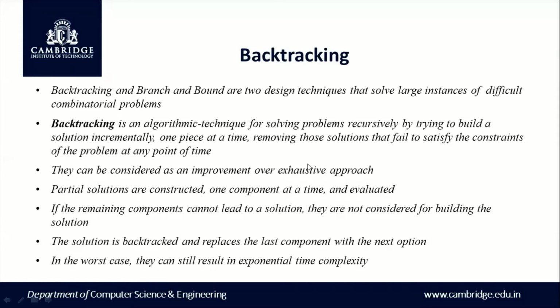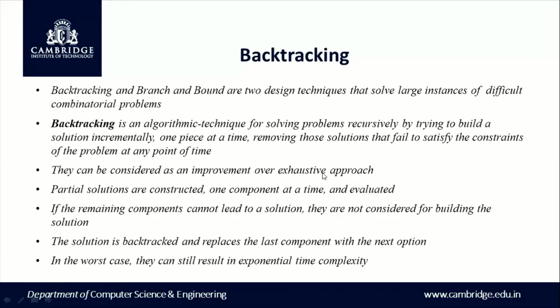Backtracking is very similar to the exhaustive approach for problem solving. In the exhaustive approach, we try to list down all the solutions, or in other words, we enumerate all the candidate solutions. Candidate solutions are solutions which have the probability of becoming the final solution. So with the exhaustive approach, we list out all the candidate solutions and then try to find out which is the correct one, and that we finalize as the final complete solution. That is what we discussed in the exhaustive approach.